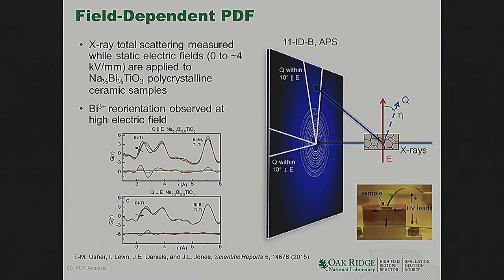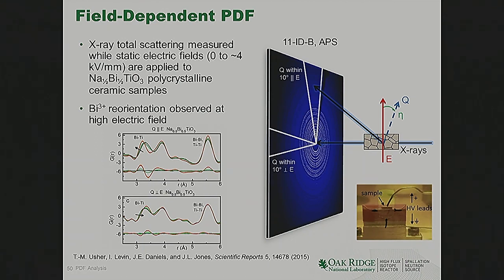Another one that I didn't make a slide for, but I can mention since I have a few more minutes, is what we call dynamic PDF studies. So if you go to one of the spectrometers here, and this work has been done on ARCS, and it had been done on the Pharos instrument at the Lujan Center prior to that, you can get a PDF as a function of energy. Now, one of the challenges there, it comes back to this Qmax effect that I took time to show you, and the resolution effect,